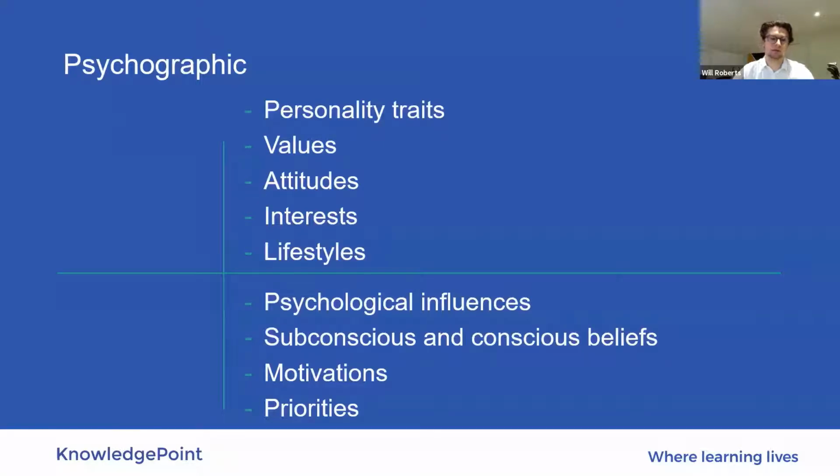So this can be brought down to their personality traits, their values, their attributes, interests, lifestyles, psychological influences, subconscious and conscious beliefs. So like I said, maybe not as quantifiable, but if you can really understand this, then you can really reach